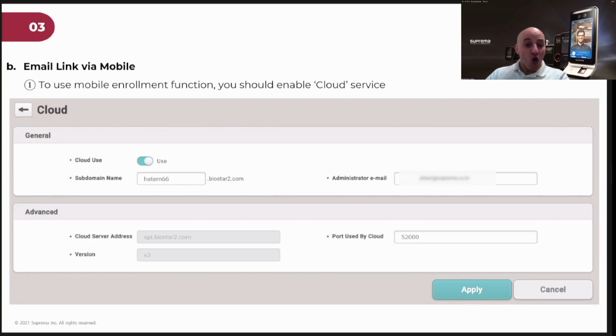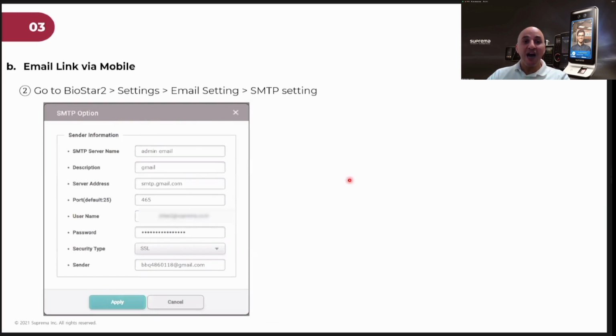So the cloud feature also is available on BioStar2 when you have access control standard license or higher. So the starter version and basic version does not have the cloud. You must have the standard license or higher to have the cloud, and accordingly you can enable it and configure the cloud, and then we'll move to the next step, that after you enable the cloud services, you need to